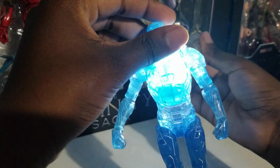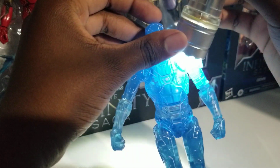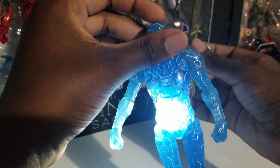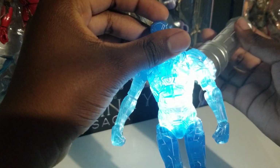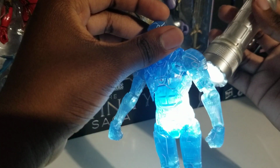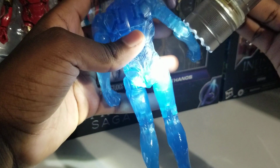If you guys can kind of see some of the more intricate details of the suit. I'm trying to figure out some way to get this light in here so you guys can see some more. But there's all these different details in there. You can see, I'm sure that some of this is part of the toy, and then some of it is